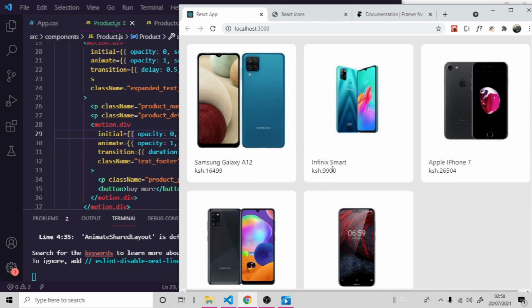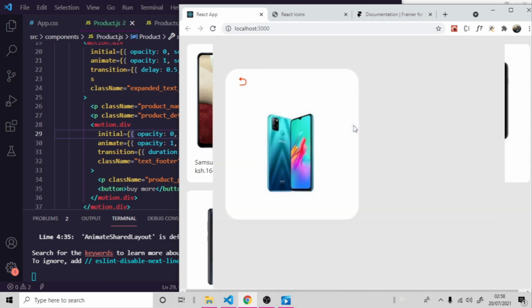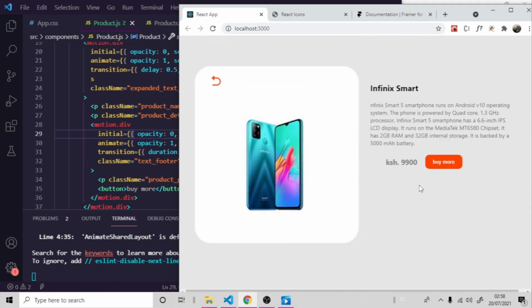Hello viewers, in this video I'm going to show you how you can perform this amazing animation in React using